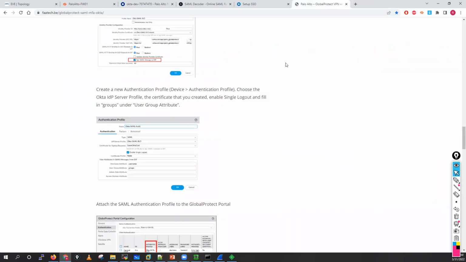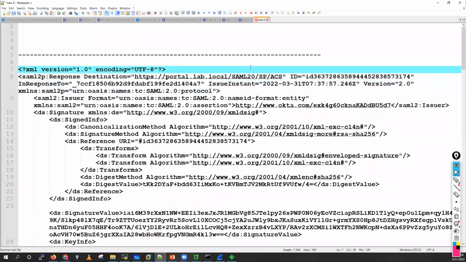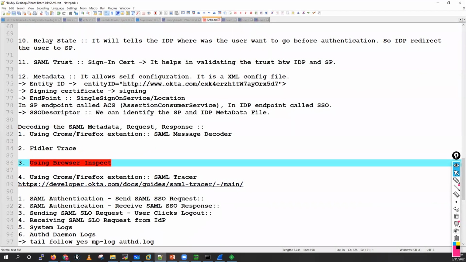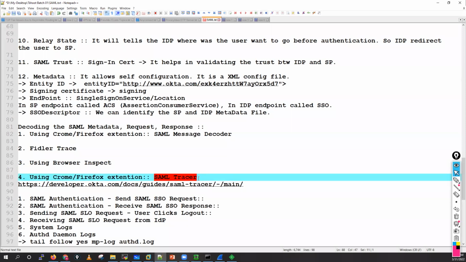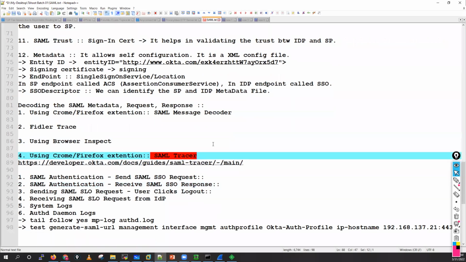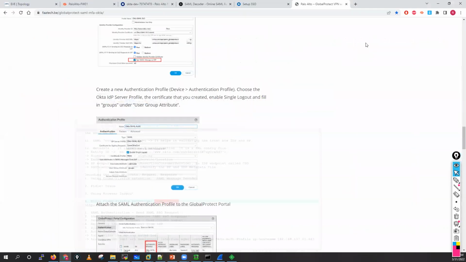But the best tool which we always use for troubleshooting SAML related issues, let me just explain that tool. That tool is known as SAML Tracer. SAML Tracer is the best tool which we always use for doing SAML related troubleshooting. Always we do the troubleshooting by using this particular tool. How does that tool work? If you go here,